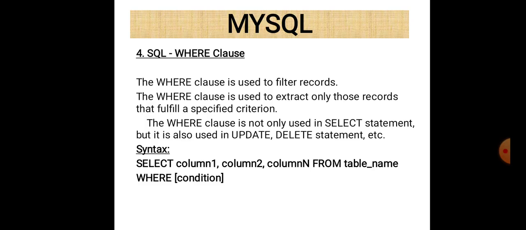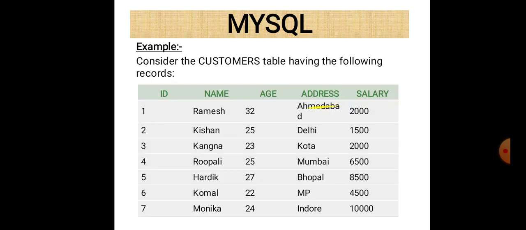First of all, just write the command as usual, as we just write the select statement normally. Then after the table name we can give the condition, and for giving a condition you must use where clause. So the syntax is like that: select column name 1, comma, column name 2, comma, column name n from table name, and where condition. Okay, now let us see an example here.